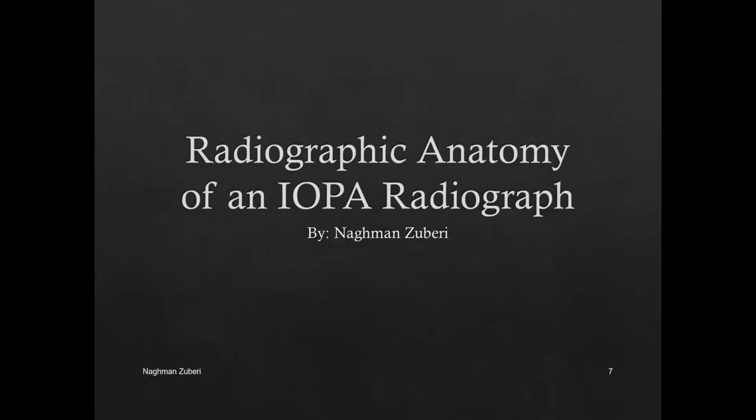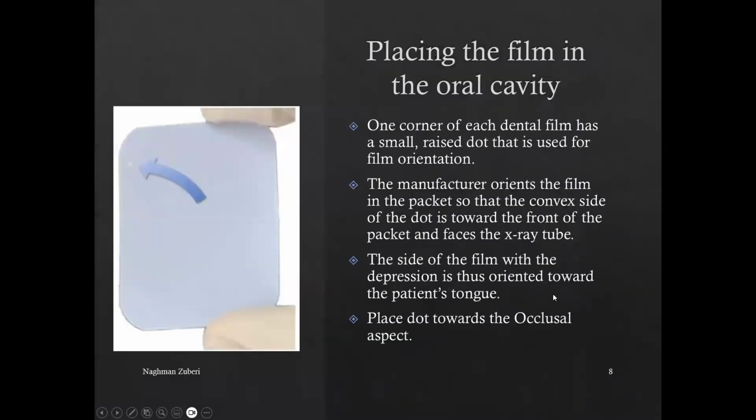Okay, guys. So another topic which I am covering today is about the radiographic anatomy of an intraoral periapical radiograph. First of all, if they ask you and they give you the film, because most of us are now accustomed to seeing digital radiographs, and even if at times, in our student life, we would have used this film radiograph, probably we would have forgotten how to place the radiograph, how to orient it, and how to analyze it. So first of all, remember that there is this embossed dot over here, or notch,